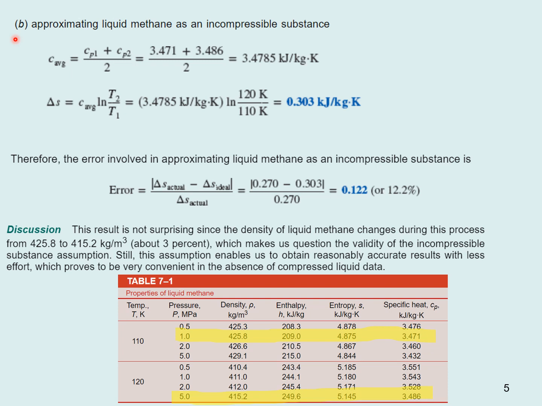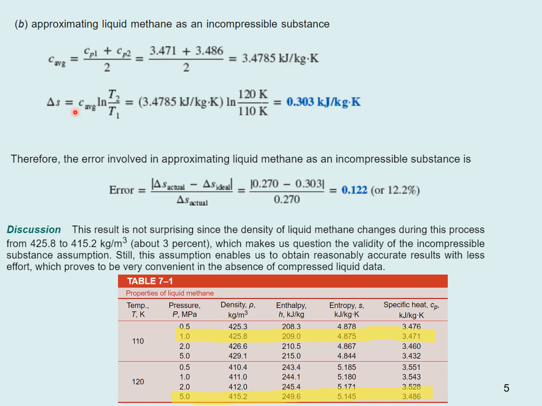Now let's apply the second approach. Let's approximate the liquid methane as an incompressible substance. Here we need to find the average value for the specific heat. So we can look at our table again. We come across, we get 3.471 and 3.486. Just take an average value and determine the average specific heat,